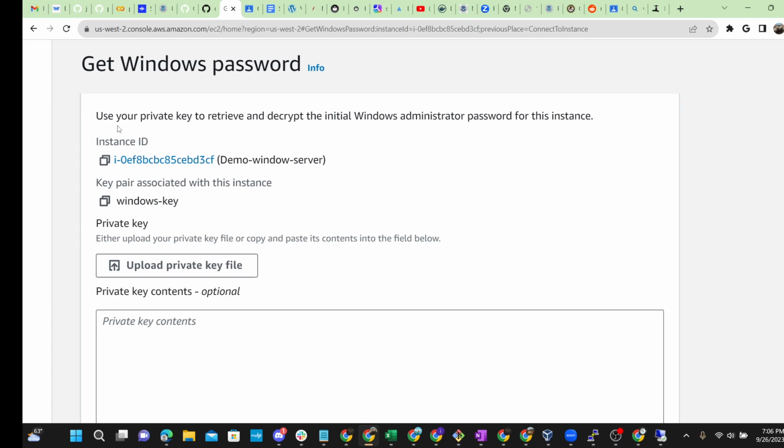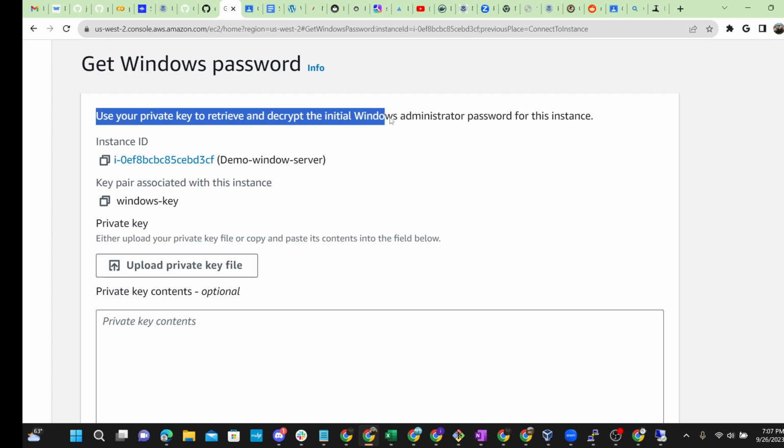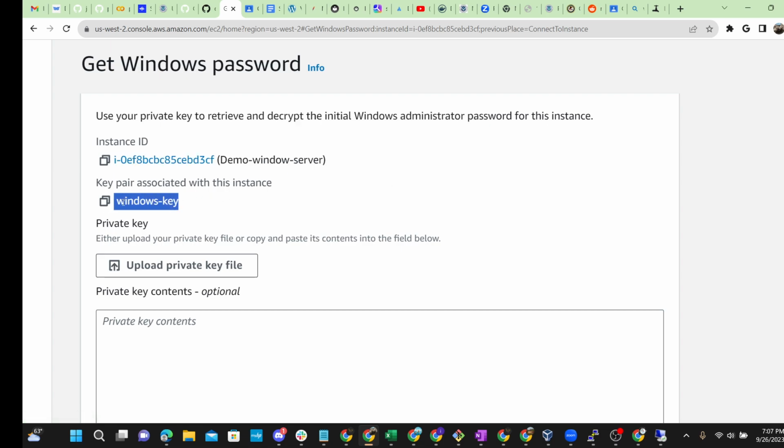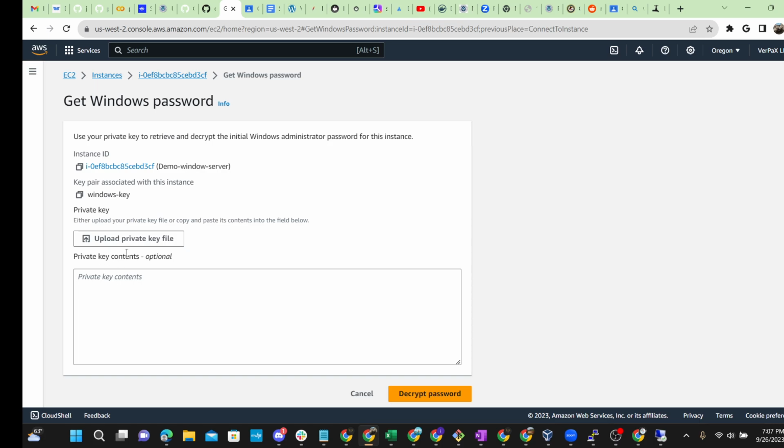So it says use your private key to retrieve an encrypted and initial Windows administrator password for this instance. Okay, then this is your instance ID right here, and this is the key pair name. And how do you do that? So go ahead, click on upload,